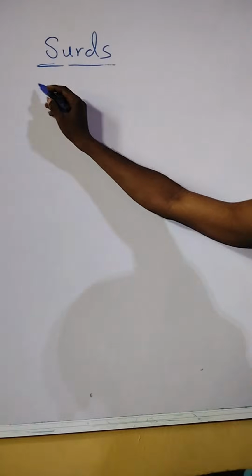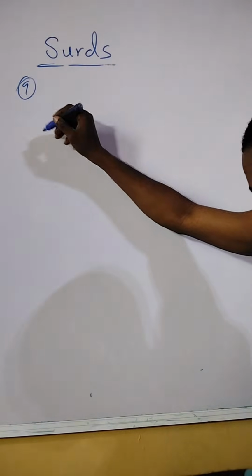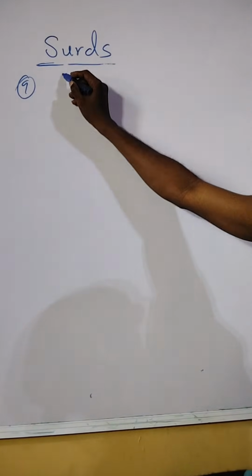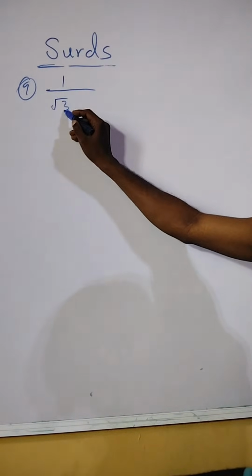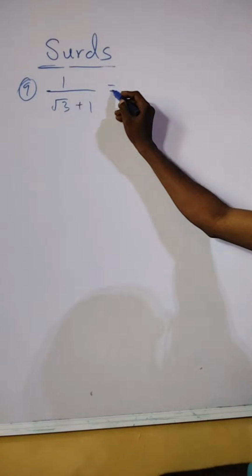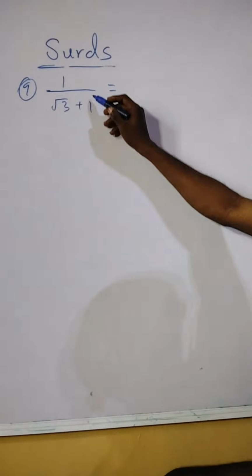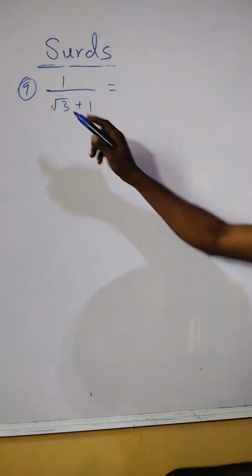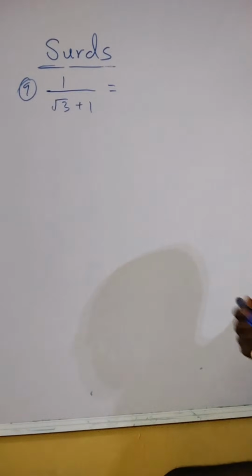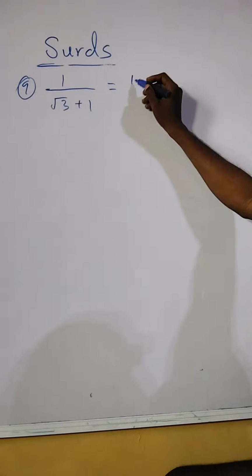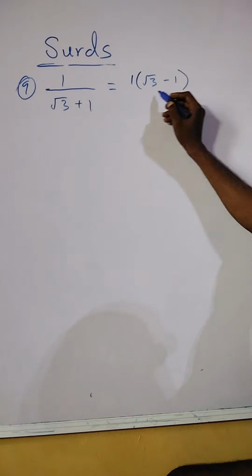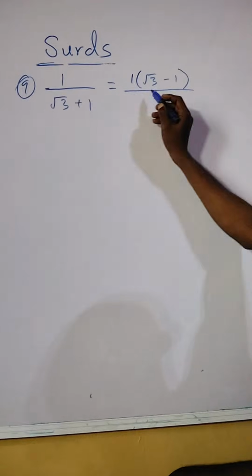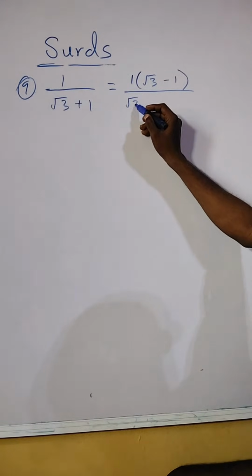So we have to simplify 1 divided by root 3 plus 1. When we rationalize this, we multiply the numerator and denominator by the conjugate surd of the denominator. That is, here we have 1 times root 3 minus 1. Then divide by, also multiplying by the conjugate, root 3 plus 1